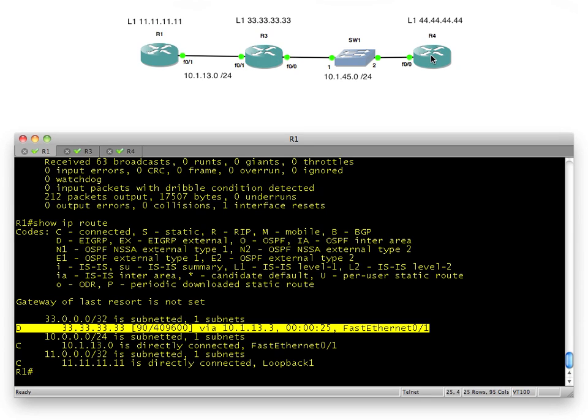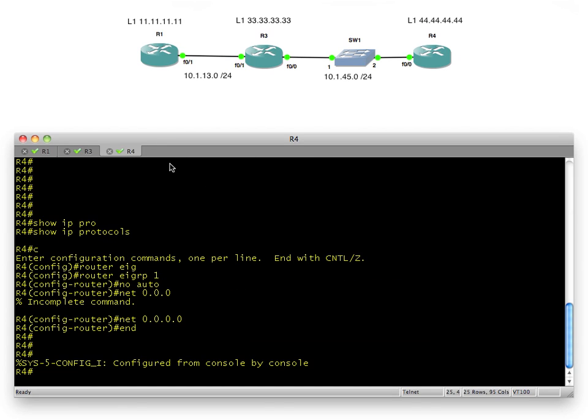Now R4 is going to be a DHCP client. So here's what I would do. Just to verify that this segment right here is solid, we could temporarily put an IP address on this interface just to make sure we can ping R3. And that's what I'd recommend we do. Because if we don't have all the cables in place or the switch has 2 different ports in 2 different VLANs, we could have other issues at the physical layer, at layer 2, before we even get to layer 3. So let's just put an IP address on, verify we can ping,